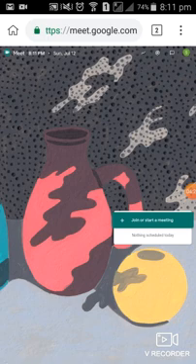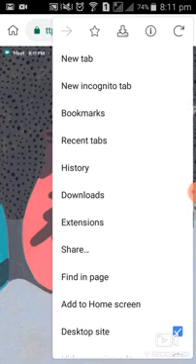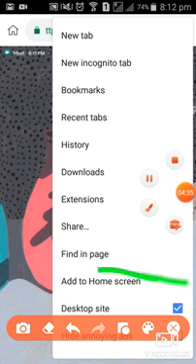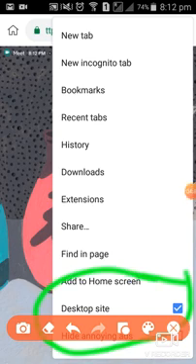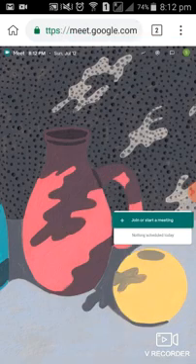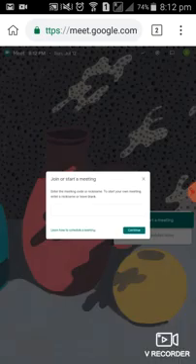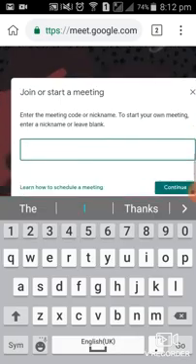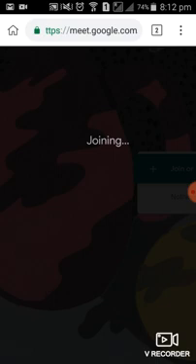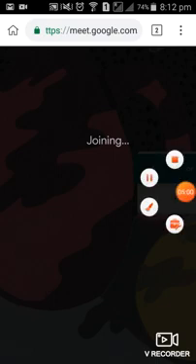You have to check the first thing, this browser must be open as a desktop site. Okay, it means this one is clicked, desktop. Then join or start a meeting, it is the same as on a PC. Then you have to give a name, for example online, then continue, then joining.